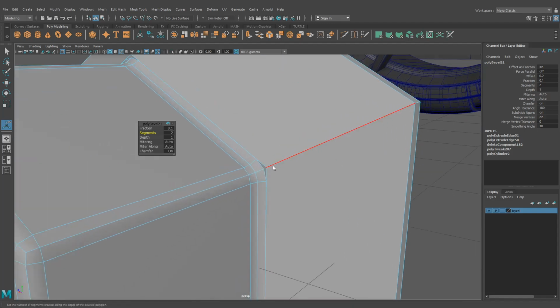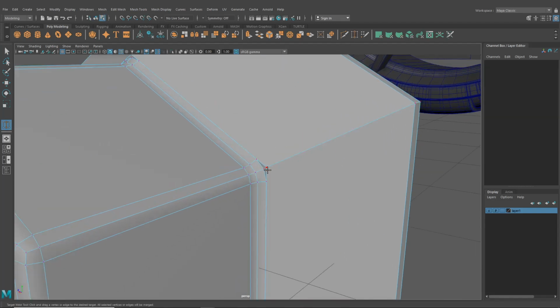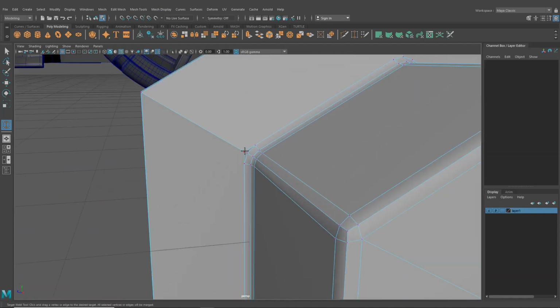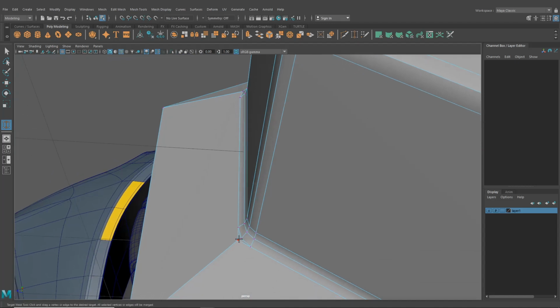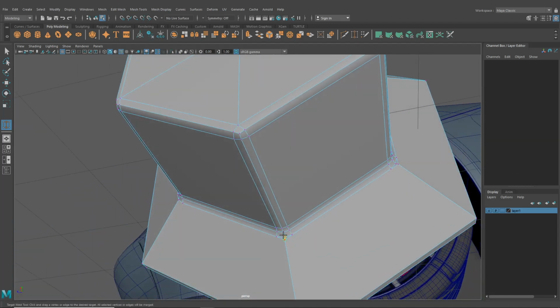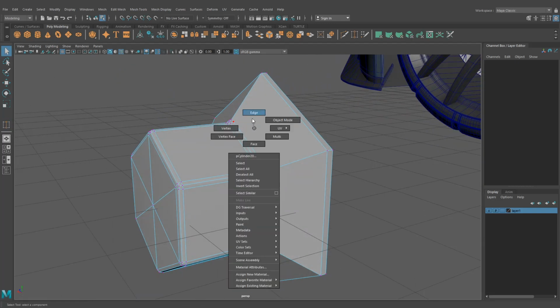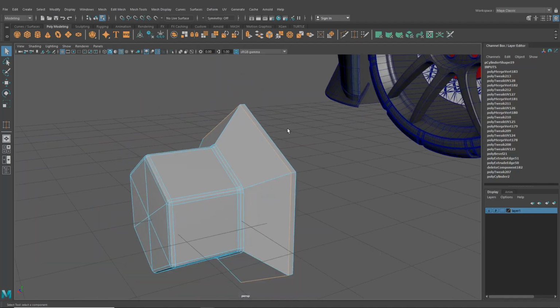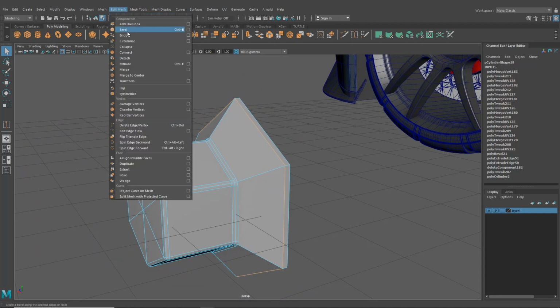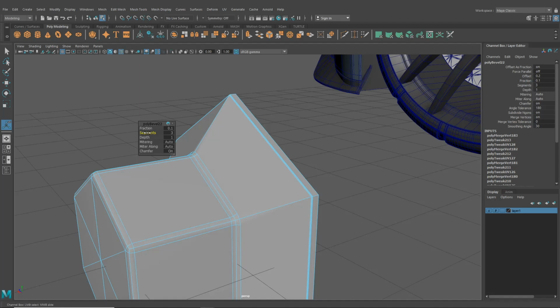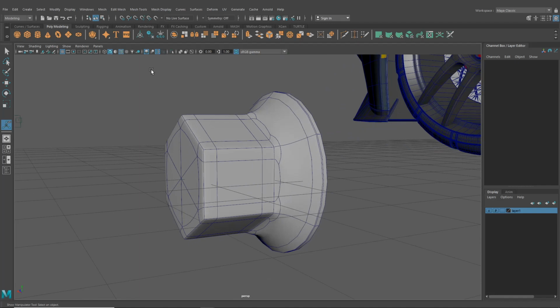I'm just going to tidy this a little bit inside here, so I'm going to grab my target weld. I'm going to grab this here, and I'm going to weld that down for each of those. Do that all the way around here, like so. And let's actually take all of this and we can bevel that as well. I'll bevel that, reduce that fraction right down, and I'm just going to crank up the segments a little bit, maybe just 2. Okay, so now when we hit 3 on that,